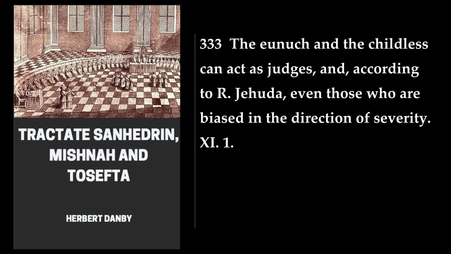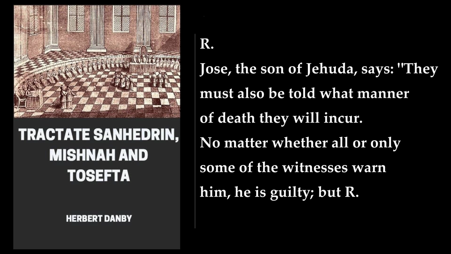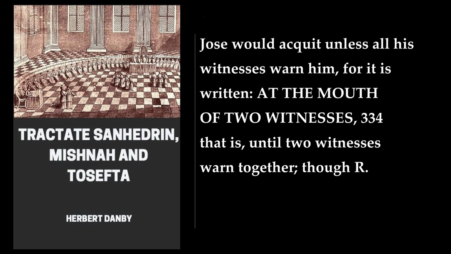11. 1. As for others liable to death penalties in the court, they can only be condemned at the mouth of witnesses, and even so, only if they have been warned and told that they are liable to the penalty of death in the court. R. Jose, the son of Jehuda, says, they must also be told what manner of death they will incur. No matter whether all or only some of the witnesses warn him, he is guilty, but R. Jose would acquit unless all his witnesses warn him, for it is written, at the mouth of two witnesses, 334